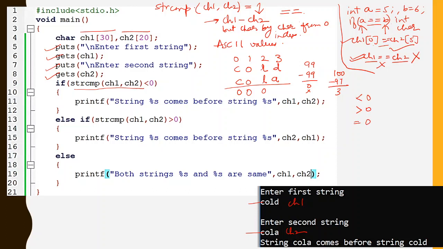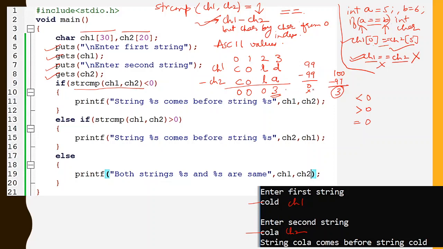As you can see, we did the subtraction of ch1 and ch2 character by character, and you continue until you get a non-zero answer. If you have not got a positive answer, you will check the other characters also.